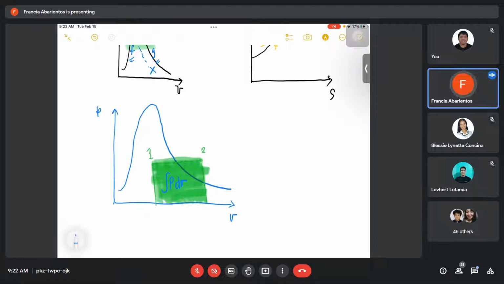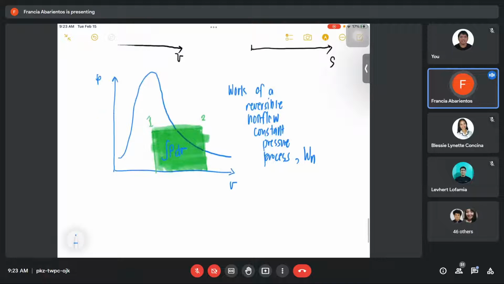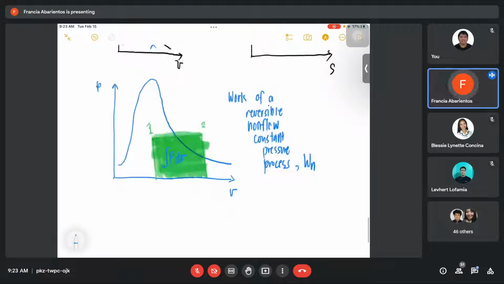So, this is now your work of a reversible non-flow constant pressure process. Ayan, para maintindihan niya. So, in short, this is the work of the non-flow reversible process. Okay. Ibig sabihin, class, ulitin ko, in a constant pressure process or the isobaric process, this shaded portion now is the work of the non-flow, which is equal to